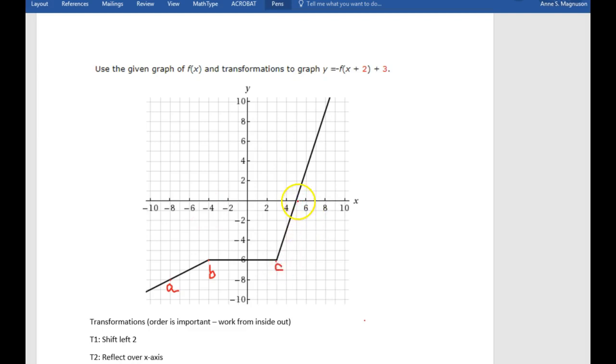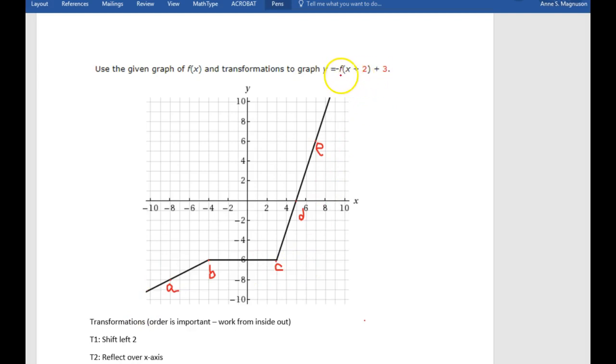And I can pick probably one or two more. Here is an easy one to spot because it's an intercept. That's the ordered pair 5, 0. So I'm going to call that D. And then my last point, I'm going to pick a place where the graph crosses hash marks, so I'm not in between two places. Let's say this guy, and I'll call that E. So I have these 5 reference points, and what I'm going to do is